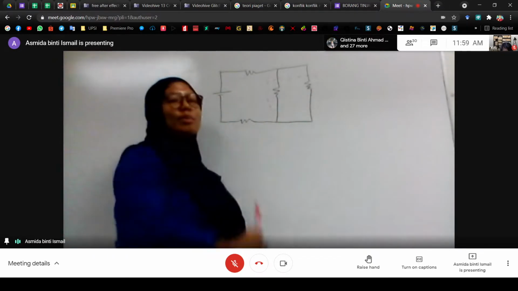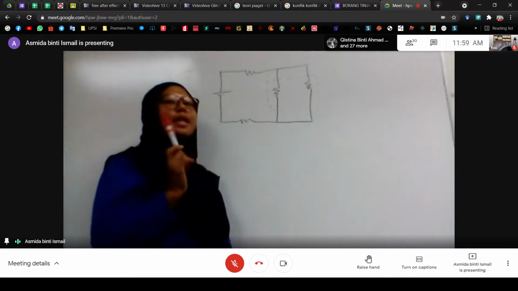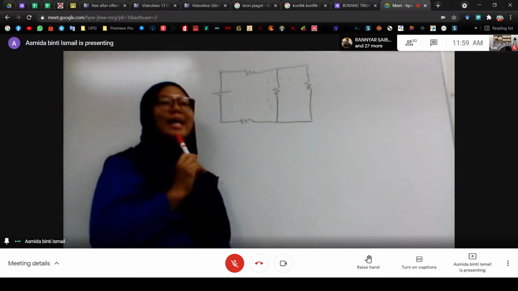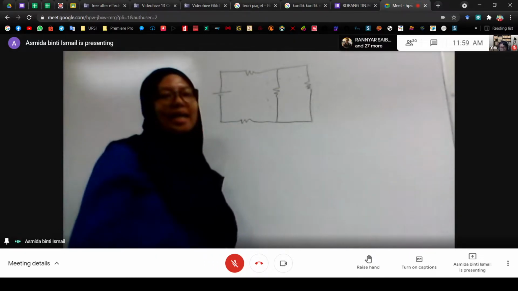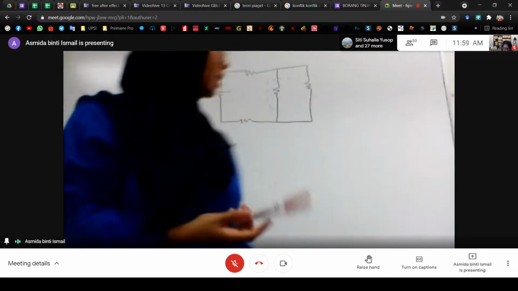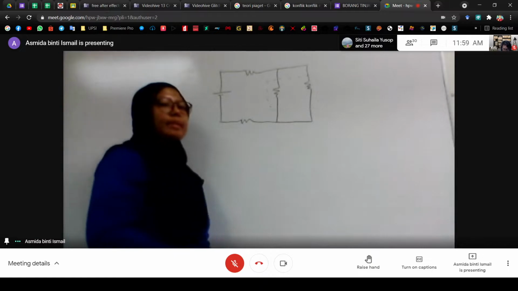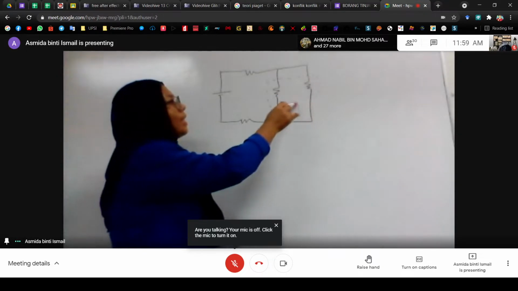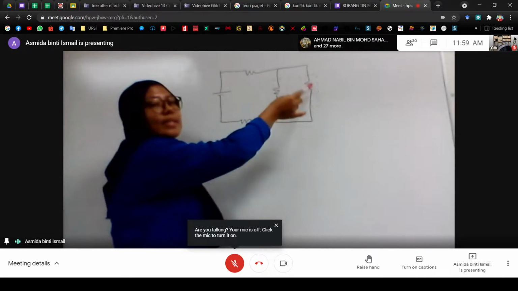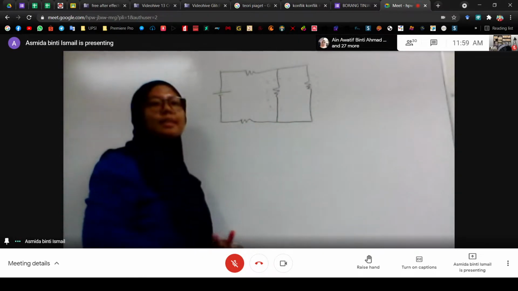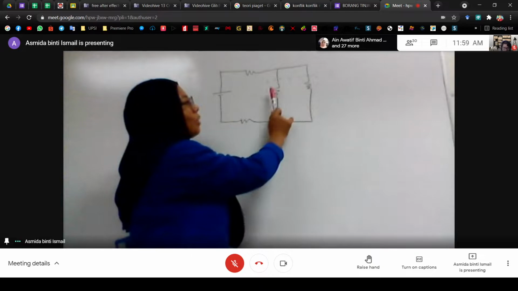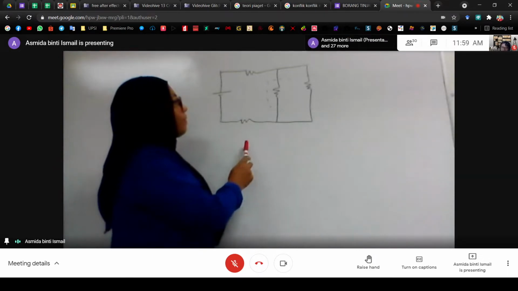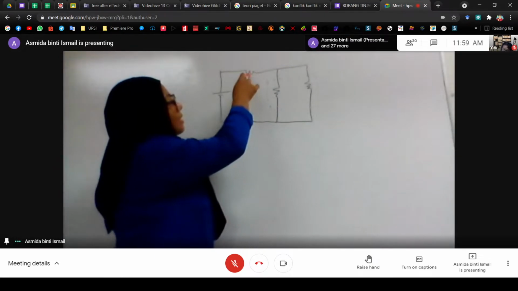Dua ni disambung secara selari. Kalau kita tengok dengan mata kasar kita. Betul? Betul ke tak? Tapi yang tak faham. Siapa yang tak faham? Tak nampak? Betul ke ni? Faham? Okay. If you look at this circuit, we know that this resistor is connected in a parallel. Okay. So dua perintang ni kita connect secara selari. Okay. So, okay, if you look at this,